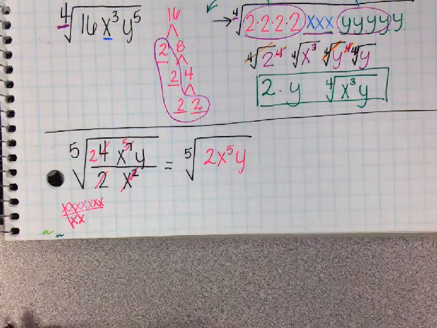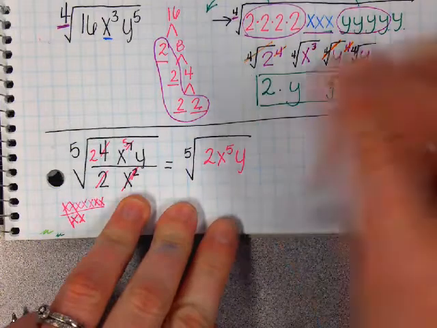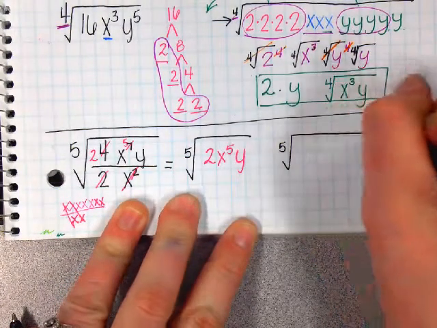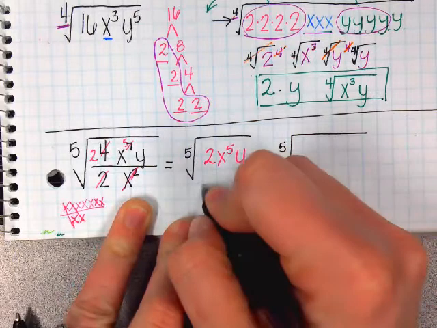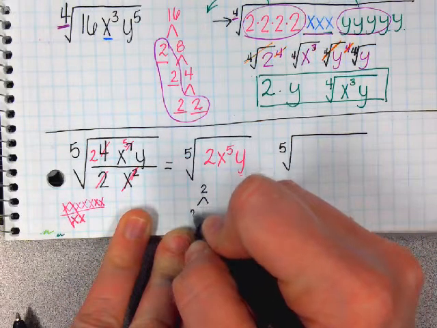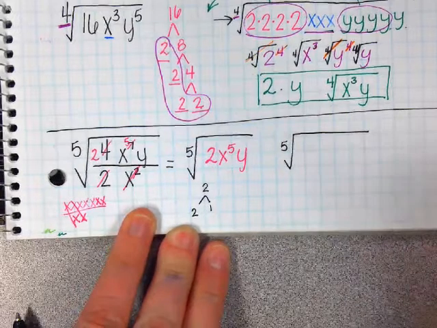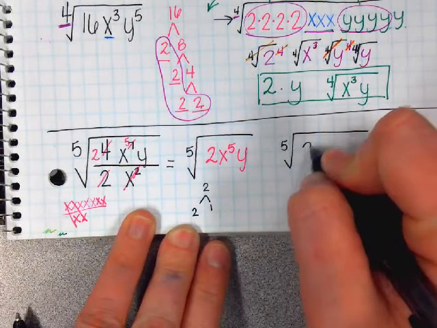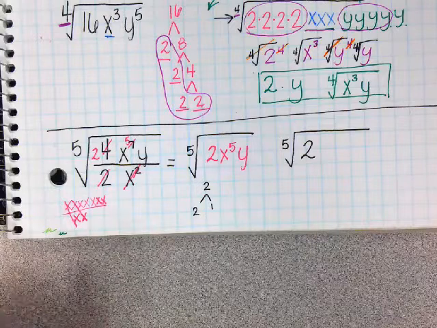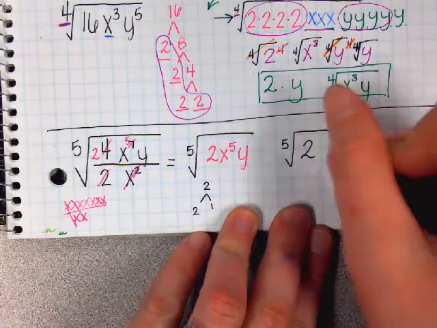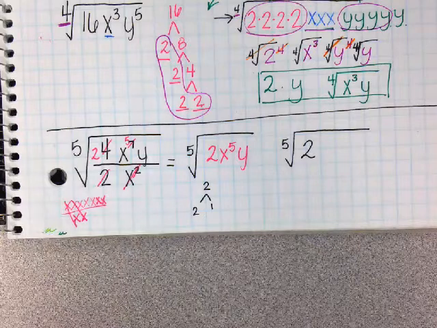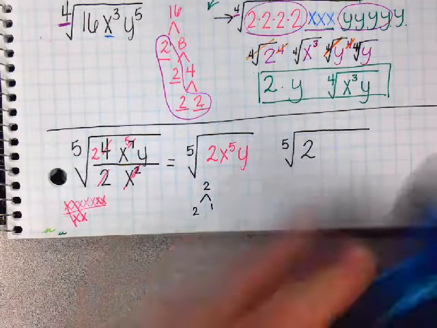this, again, we're going to look at what number or variable times itself 5 times. So again, I'm going to rewrite it. So the 5th root, and I'm going to expand each of these out. Well, 2, if we do a factor tree, the only thing that multiplies to get 2 is 2 and 1. So that can't simplify any, so it's just going to be written as a 2. X to the 5th can be written as,